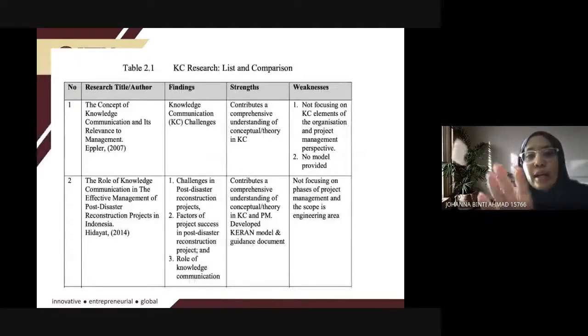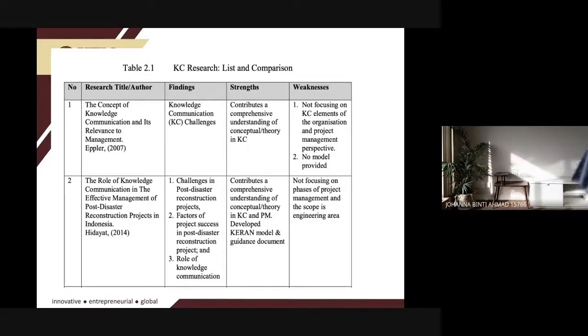So these are in terms of the KC, knowledge communications. Because definitely there will be so many knowledge communication models outside there that have been proposed. So we're going to